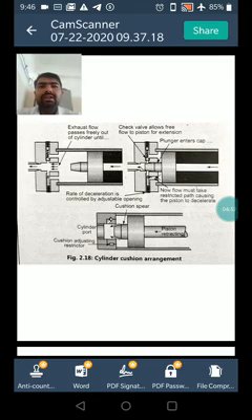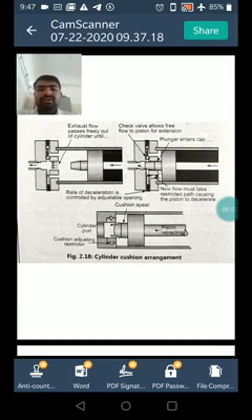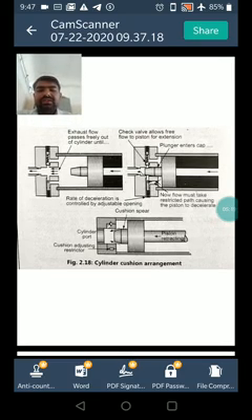The spike breaks the main flow path of the oil out of the cylinder. The oil thus has to find an alternative path, which meters out the flow of oil during the last part of the stroke. A check valve is provided, bypassing the cushion restriction for the return stroke. So this is the diagram of the cushion arrangement as shown in the figure.